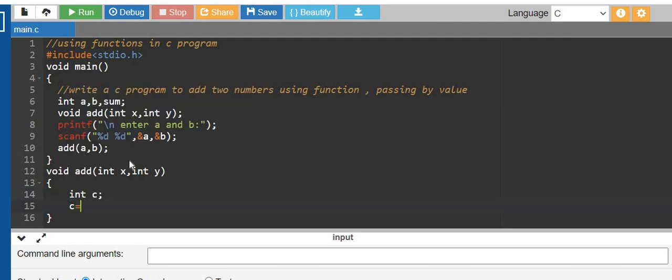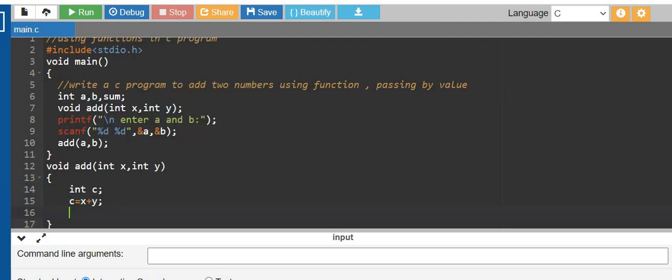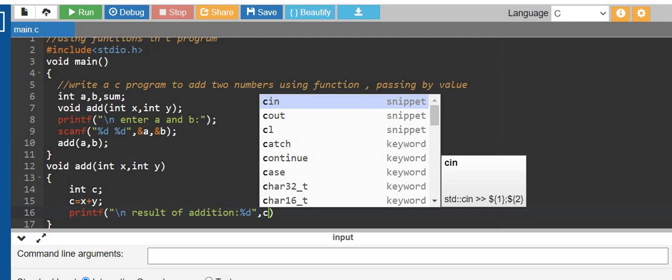Okay, c equal to x plus y, and in c we have added the value of x and y and we have stored it. Okay, so result of addition is equal to, okay, %d c.